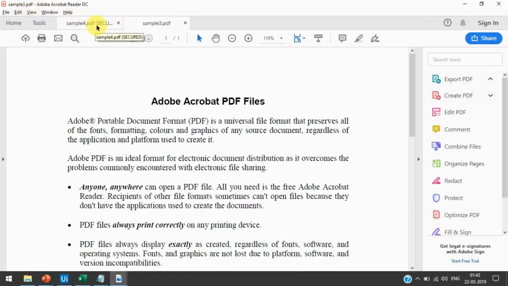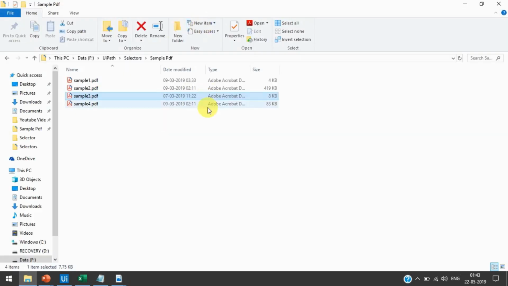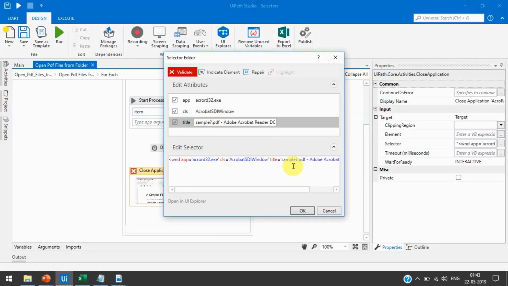So that's why we will go to the sample PDF here, and then we will remove this, and we can use an asterisk. So it will replace everything. Whatever we get after the .pdf, it will accept that and it will work.